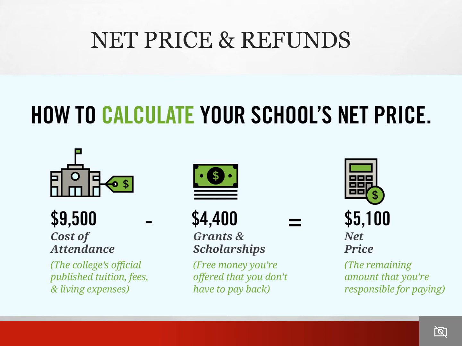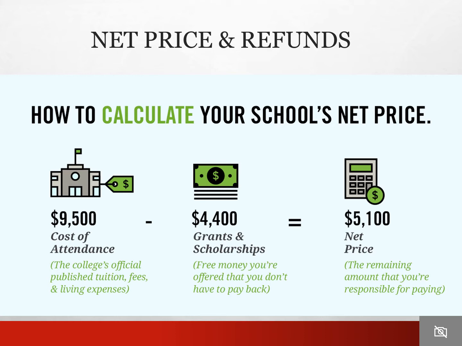Some of you may have started receiving financial aid award letters from your schools. You may be waiting on them, or you haven't started the process. Wherever you are in this process, we want to make sure that when you get those letters, you know how to read them. In this example, you will find this student's cost of attendance includes the cost of tuition, fees, and living expenses. Some students will not be required to live on campus or purchase a meal plan, so if you're not sure, it's going to be important to ask. Then you'll see that this student received grants and scholarships, and they have a balance of $5,100.